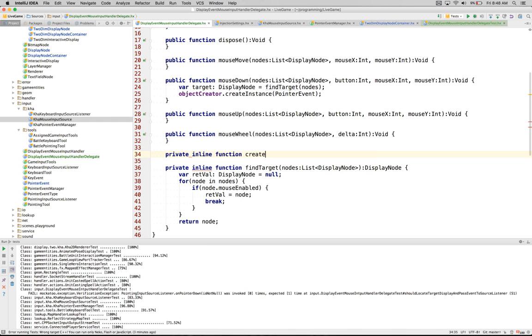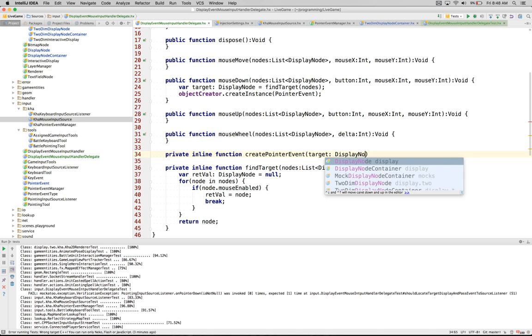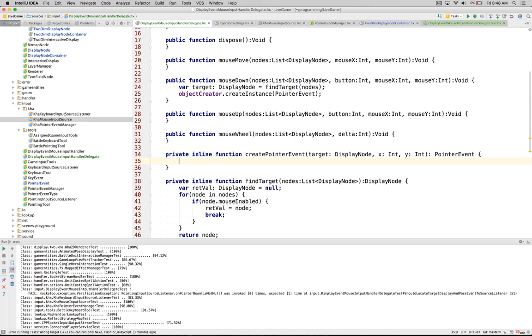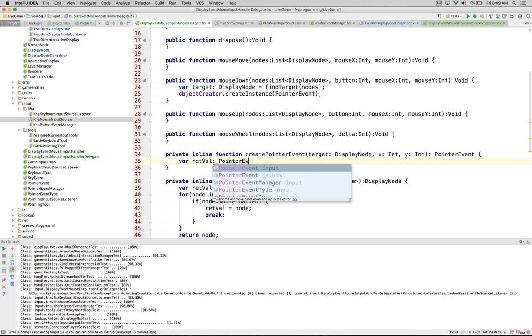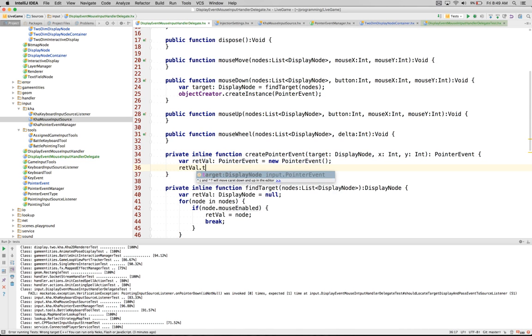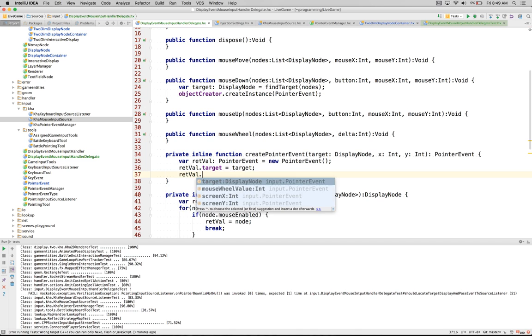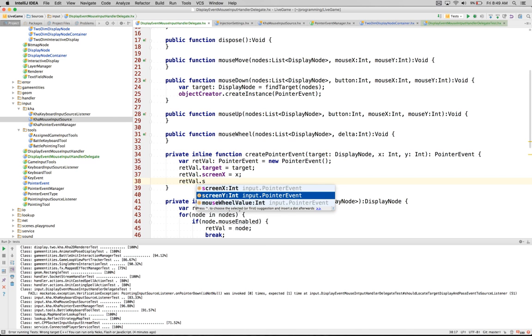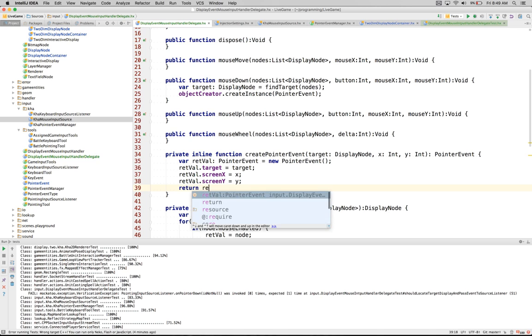Create pointer event is going to be our target, X, Y, display node X, int, Y, int, pointer event, var val, pointer event, pointer event, val target equals target, val screen x equals x, val screen y equals y, return val,